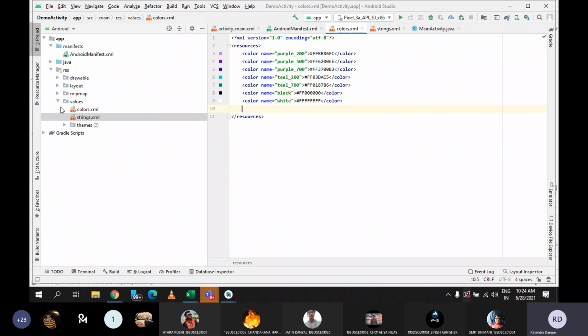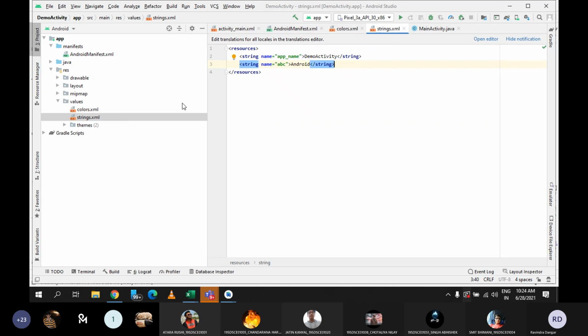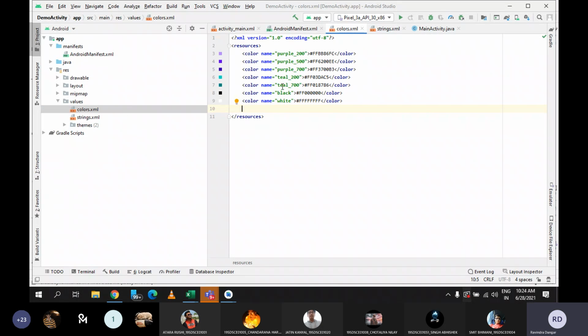Fine. So this is the use of the values folder. Ultimately this folder is not compulsory to use, but if you use the XML files which are listed there, colors.xml and string.xml, then your task gets easy, and complexity you can avoid. Otherwise it is not compulsory that you need to use string.xml in each application. Similarly, it is not compulsory that you use color.xml in each application, but if you use it, then your task can be done easily, and it can be dynamic things also. Let me know if you have any doubt so far.